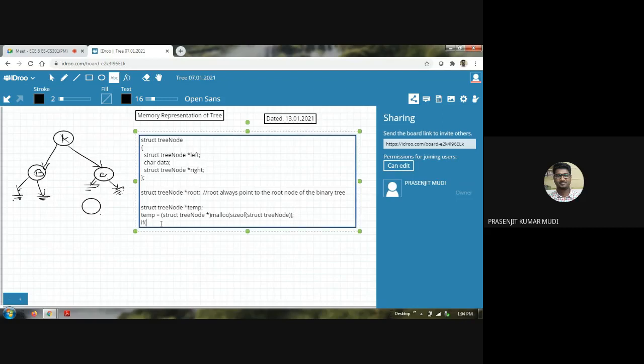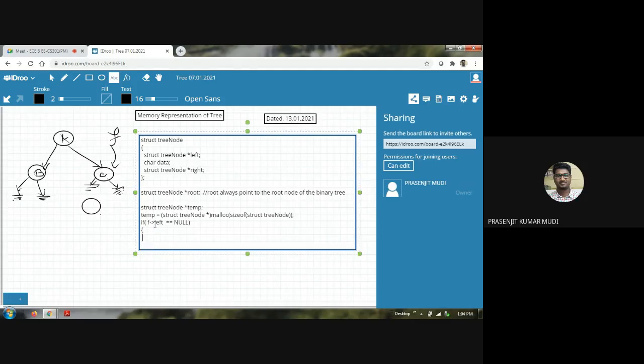So let's say somehow you have searched and found the node C, and let's say F is a pointer which has successfully found the node C, right? So if F pointing left is equivalent to null, then you will insert the new node.